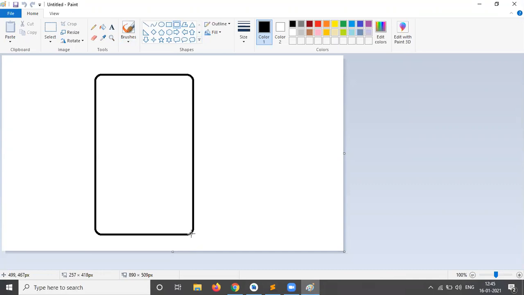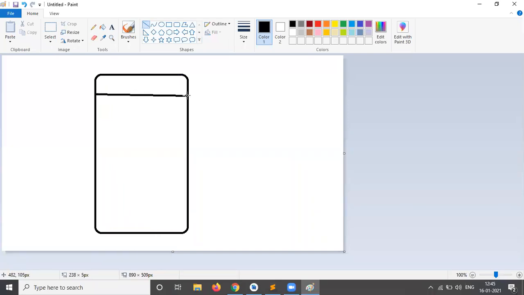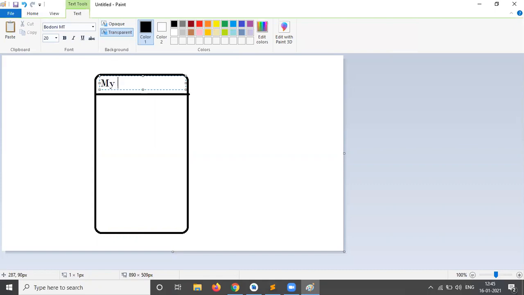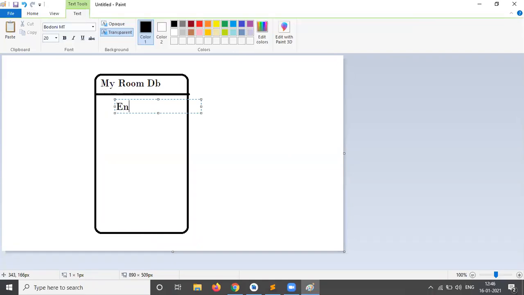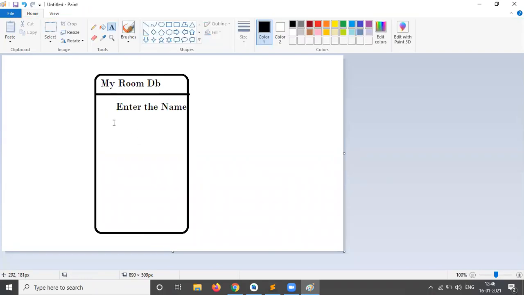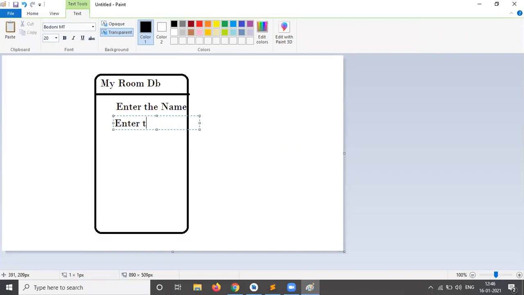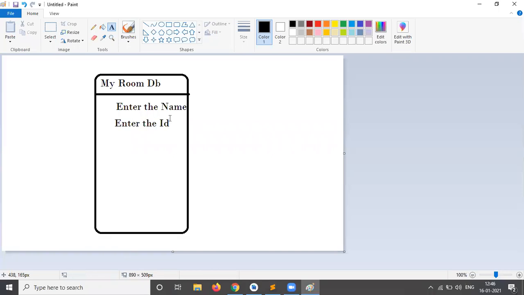This is our screen with the toolbar. In this toolbar, the app name is My Room DB, and I need to take two edit texts, one for name, another for entering the ID. ID in the sense of roll number or anything.